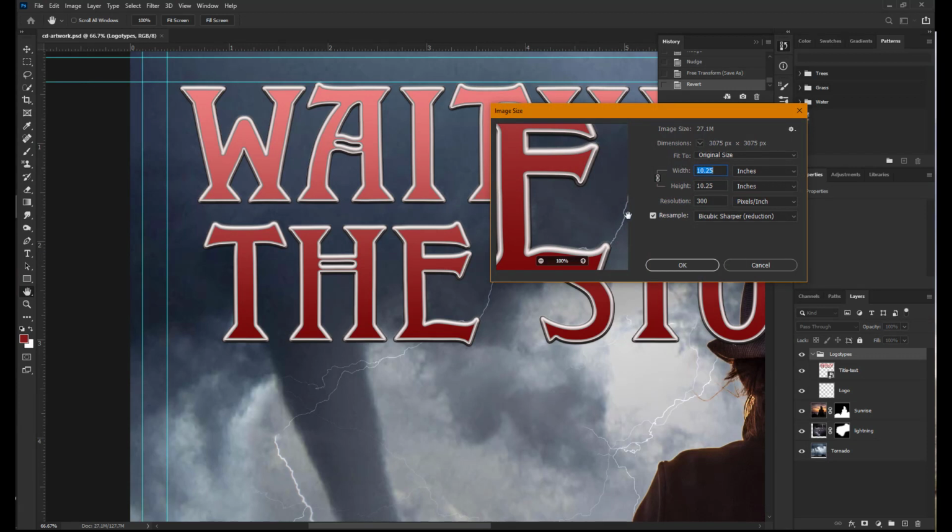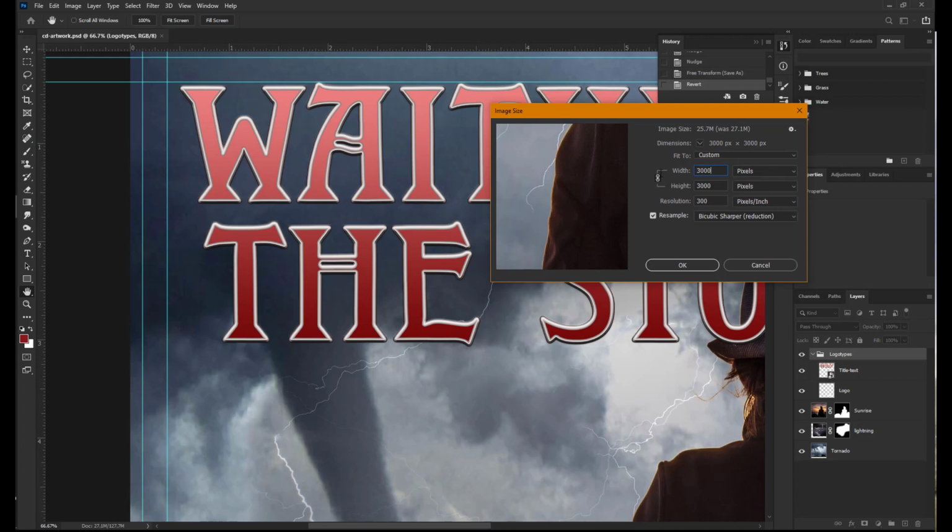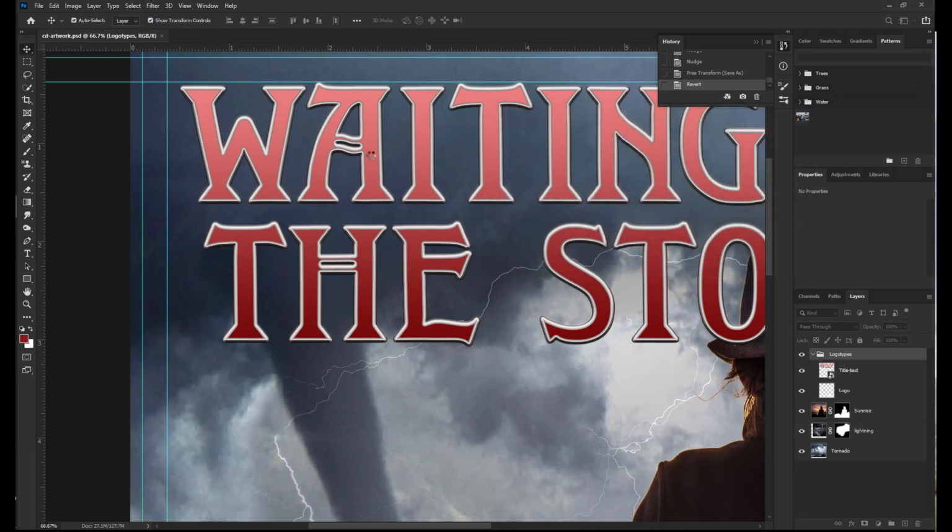We want the resample again to be checked. Change the width field to 3000, but we're going to go into this as pixels. And we're making it 3000 pixels, resampling it, saying OK to that change,